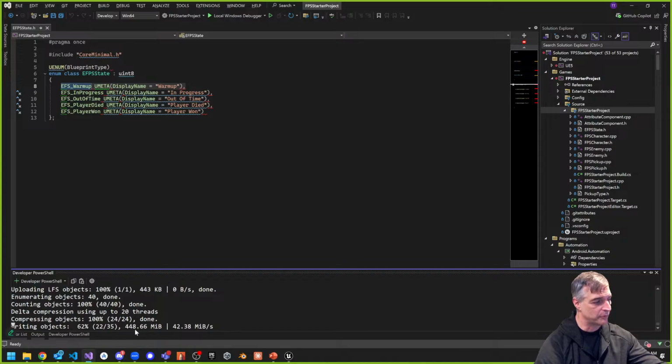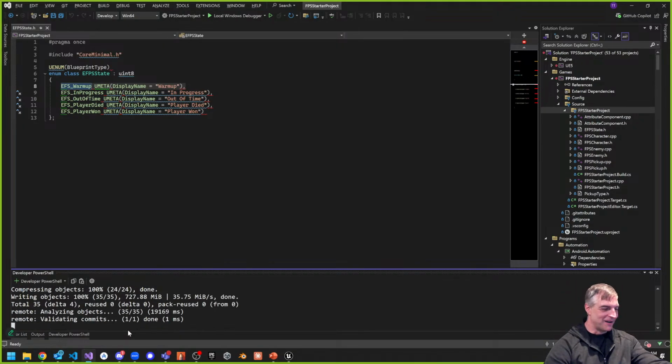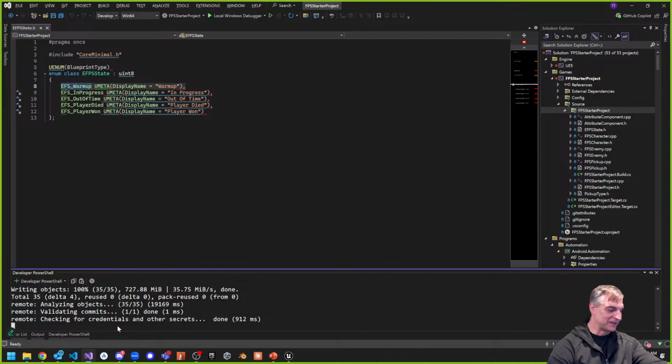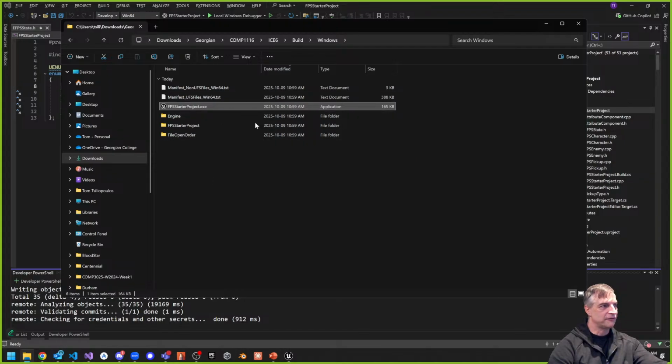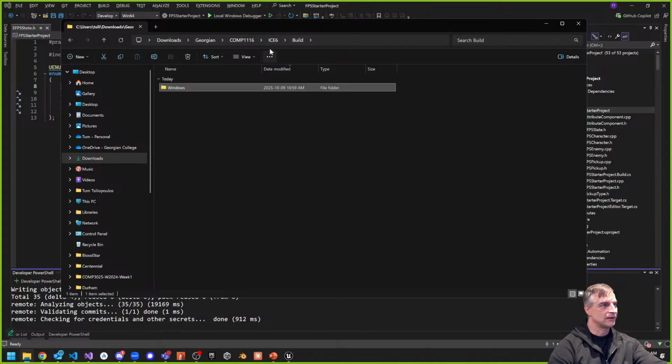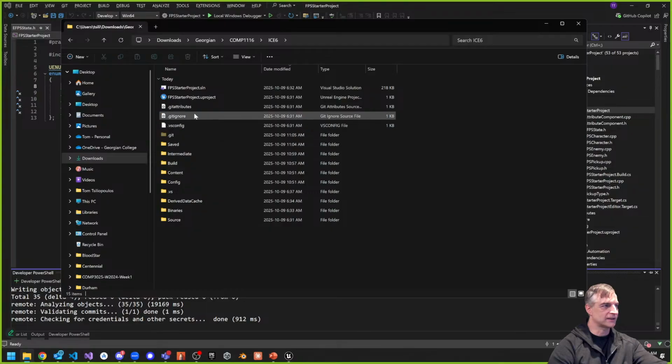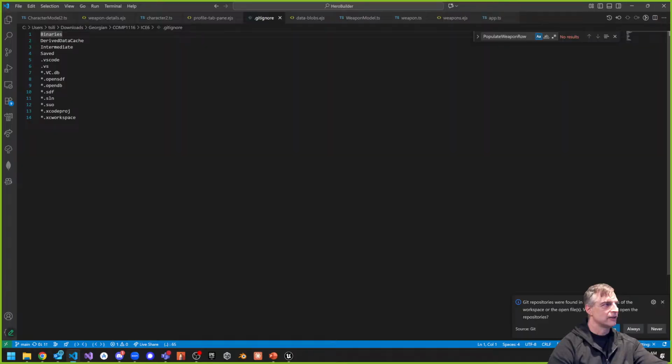You know what that means? If I'm pushing the entire build, there's no build folder that's being ignored. That's pretty damn big, right? That's funny that it did that. I didn't expect that because in the folder here under your in-class exercise 6, your gitignore file, let's double click on that. Your gitignore file has all this, but unfortunately it's not ignoring your build folder. So right now I've pushed the build folder, I'm pretty positive, up to